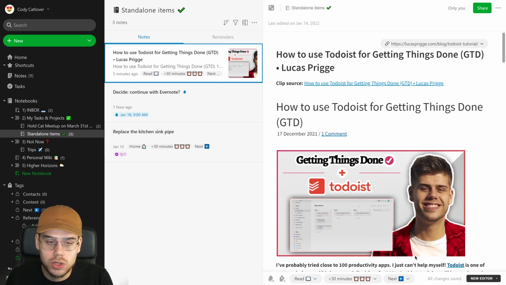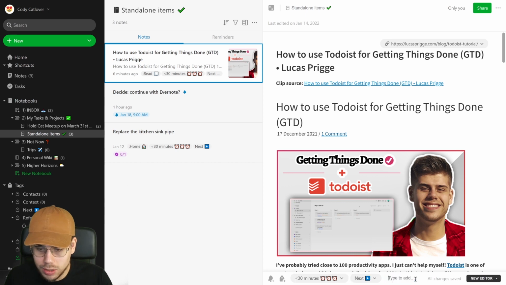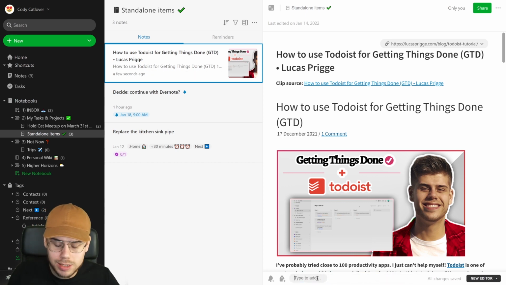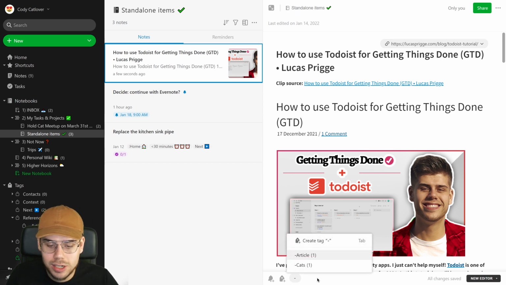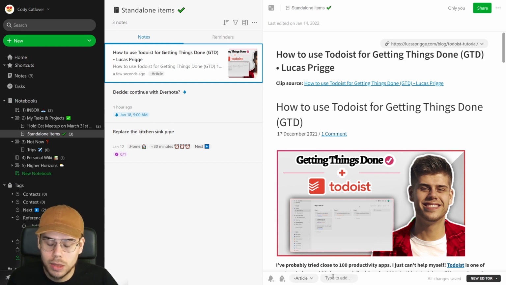What we need to do to move it out of the actionable list is first of all change the tags. Let's do that now and just press backspace to remove them. Now we can type to add. So as you remember, for reference, we start with the dash. And you can either select what already exists, and in this case we can select article. But we also want to group it by subject. So that's where we can, for example, type